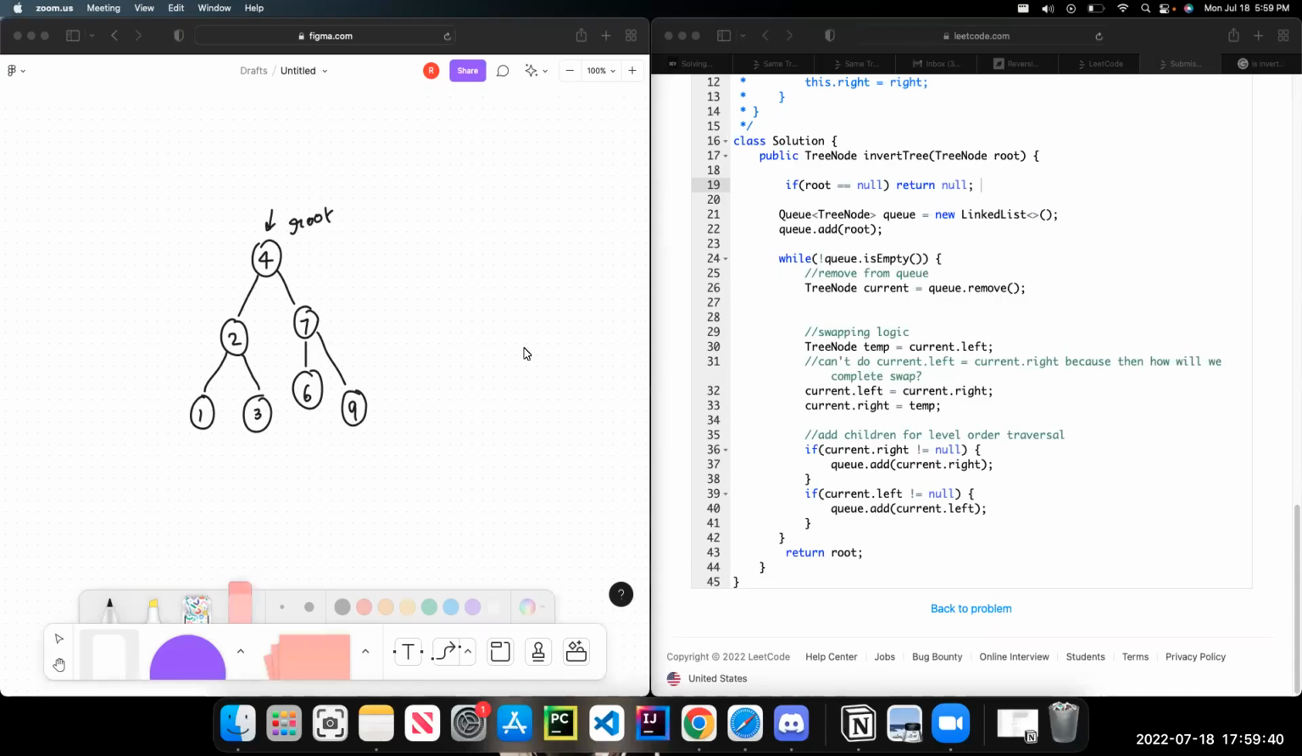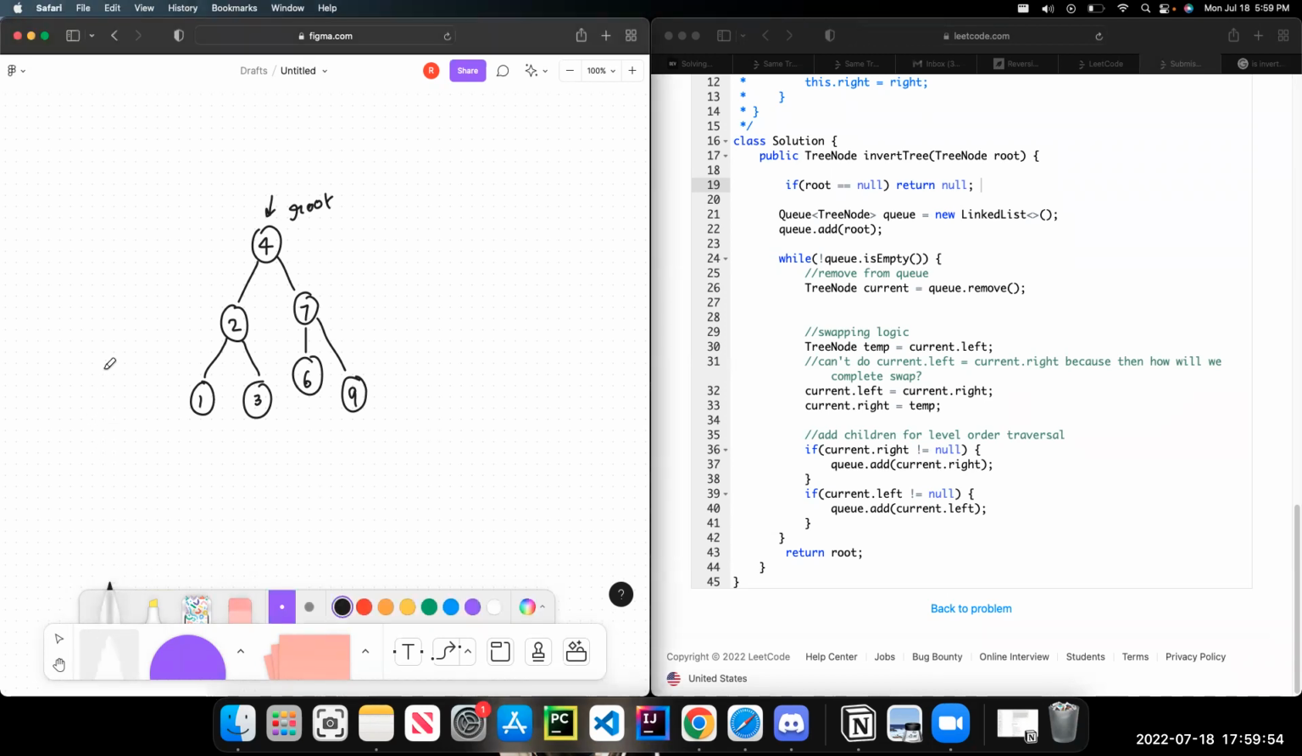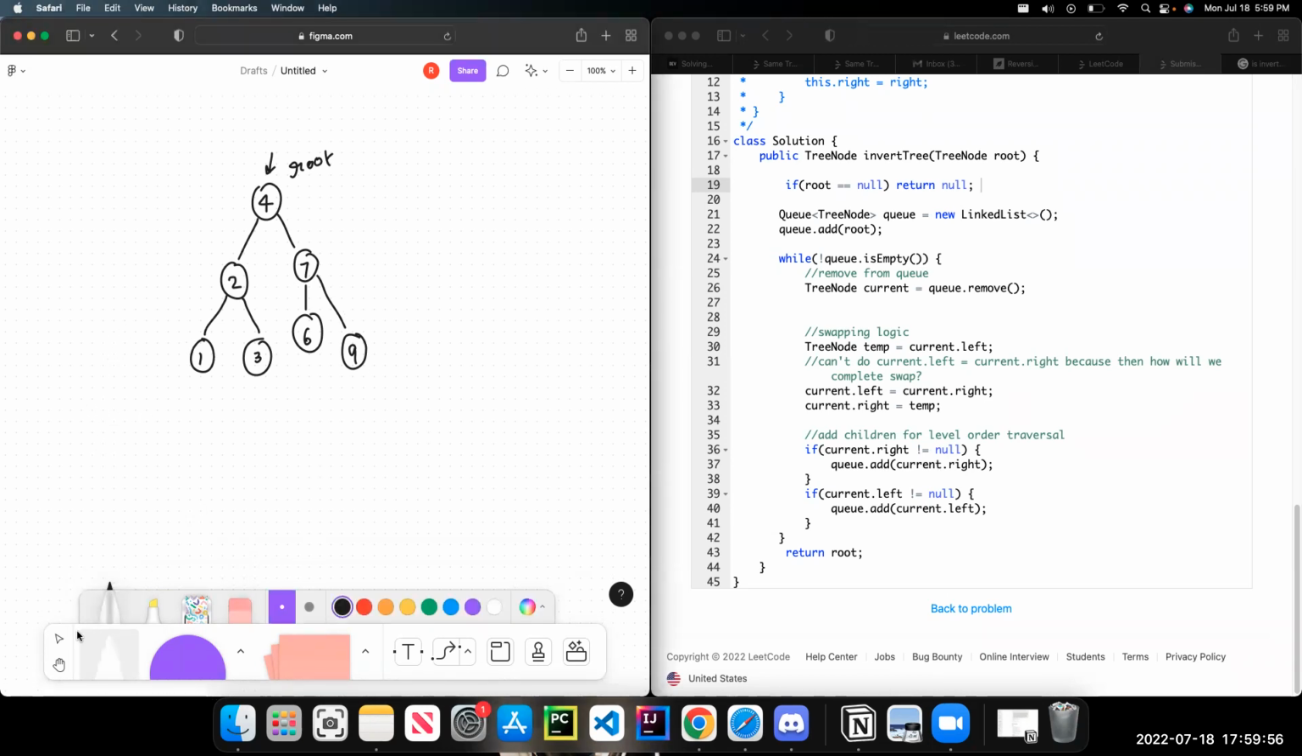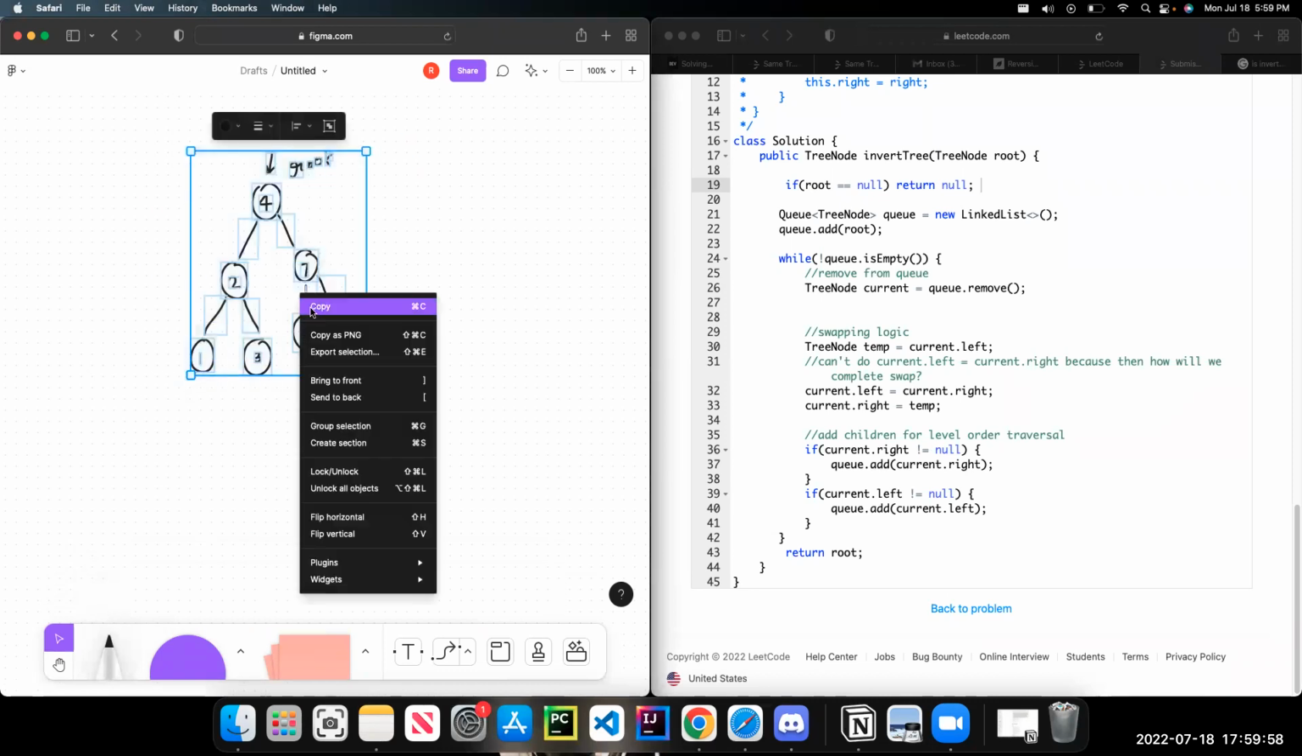So I'd like to provide an iterative solution for invert binary tree. And if you're not familiar with the problem statement, I encourage you to check that out. But really, the essence of the statement is that, if you have a binary tree,